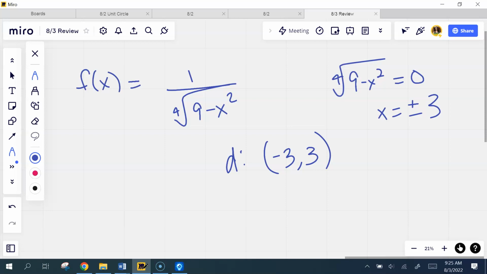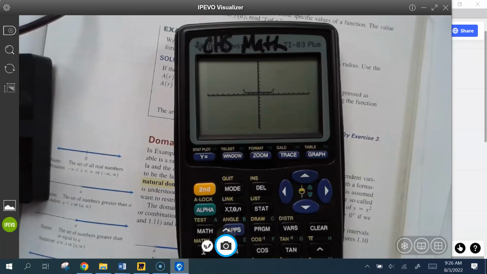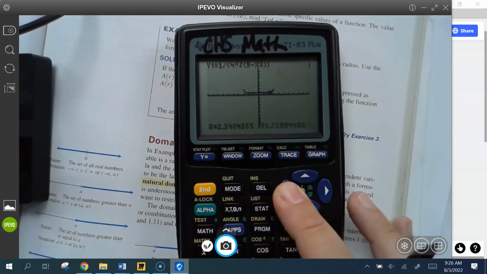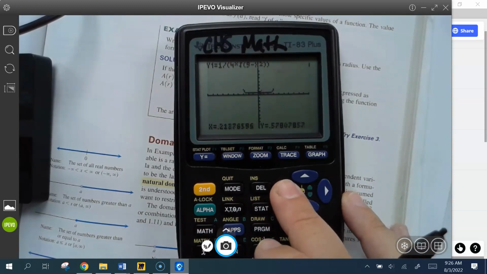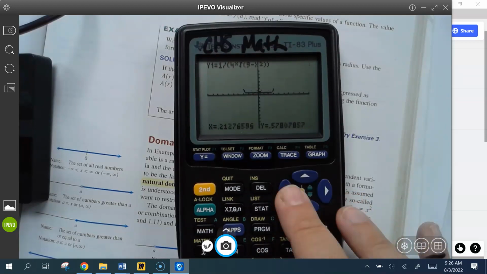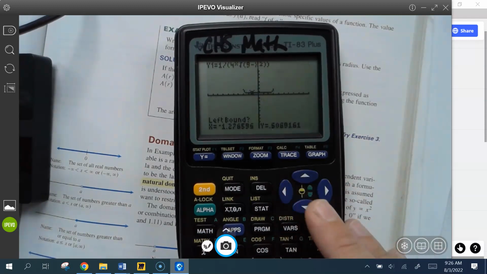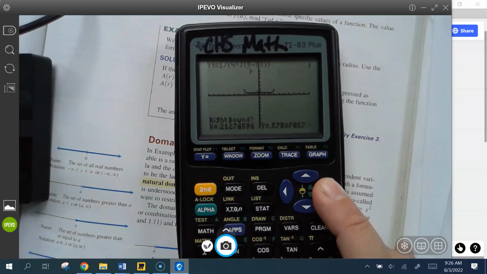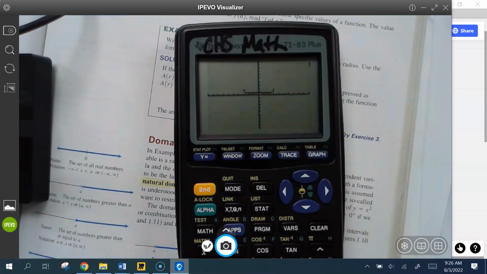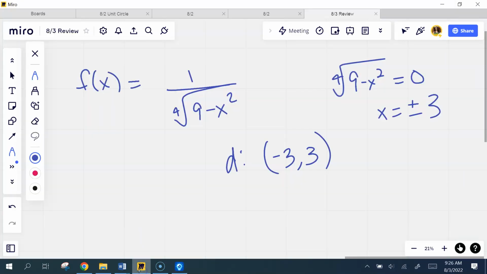So that is impacting my domain, but it's also impacting my range because it's hugging that vertical asymptote as it goes up. So what do you think my range is on this graph? Anybody? The range. Looks like the lowest it goes. Remember how we calculate a minimum? I could calculate a minimum value, see how low it actually goes. What's yours? 0.577. So I'd say the range on this one,